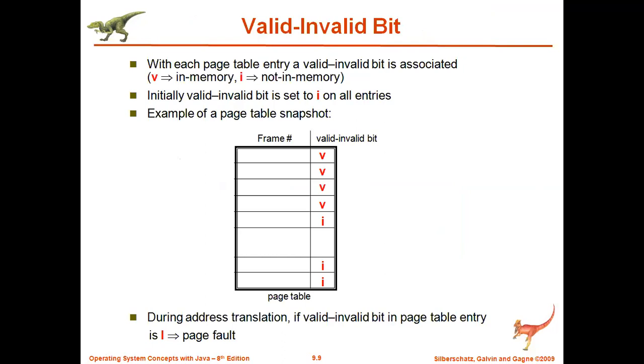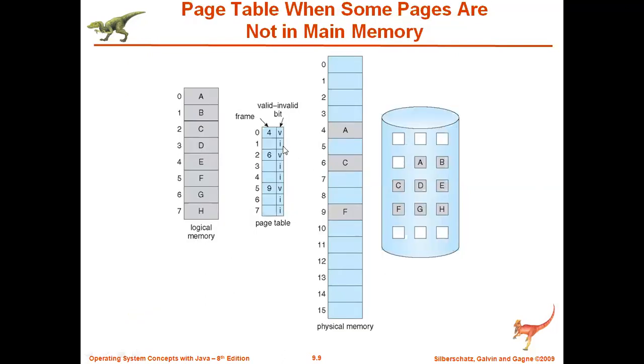So that is what this I and V is used for, to check whether it is there in the main memory. If it is there, directly give access to the CPU. If it is not there, then get it from secondary storage to the primary storage, then update the page table, then give it to the CPU. So this is called on-demand paging. When he demands something, then go and get it and give it.